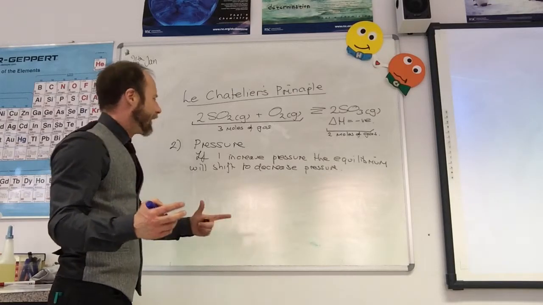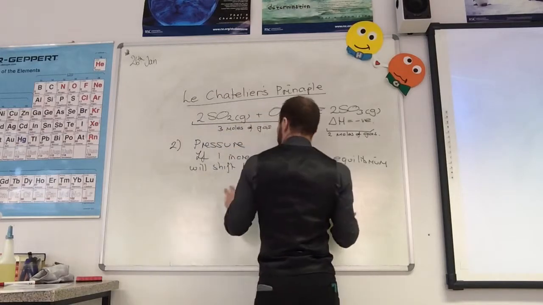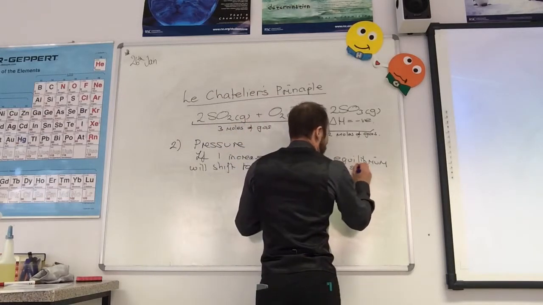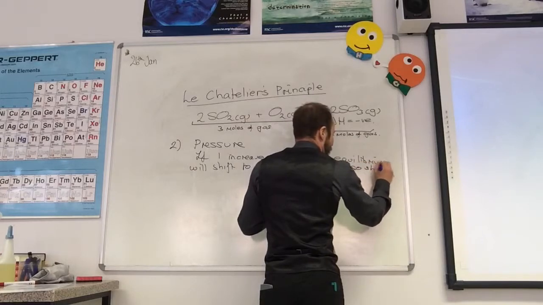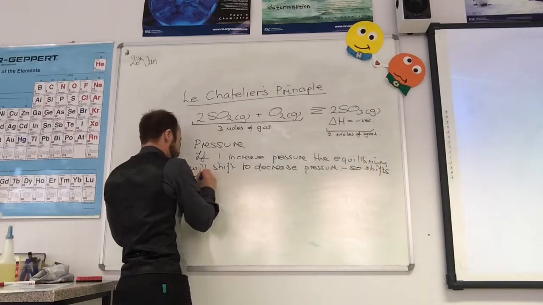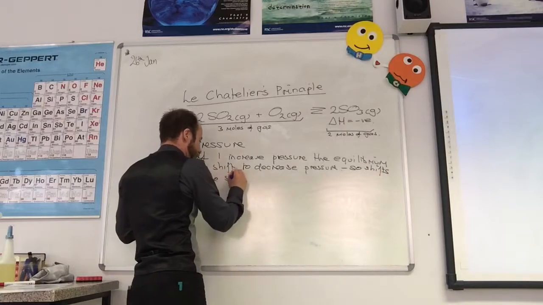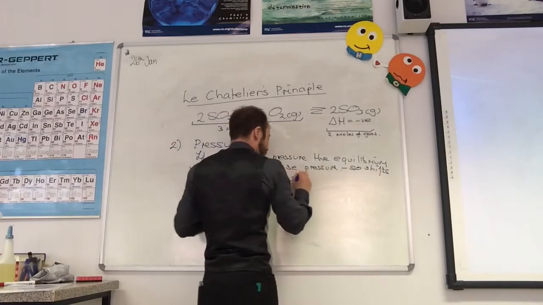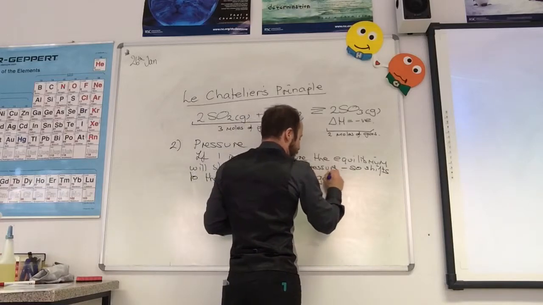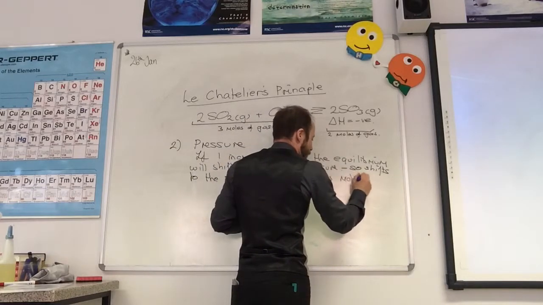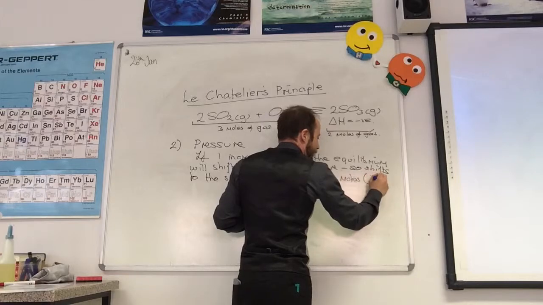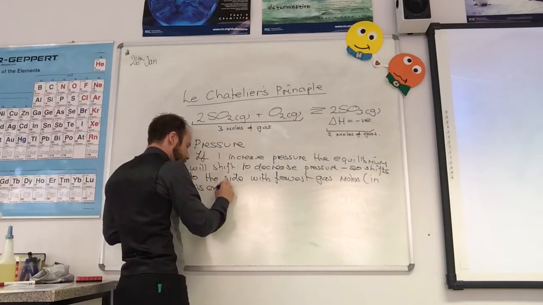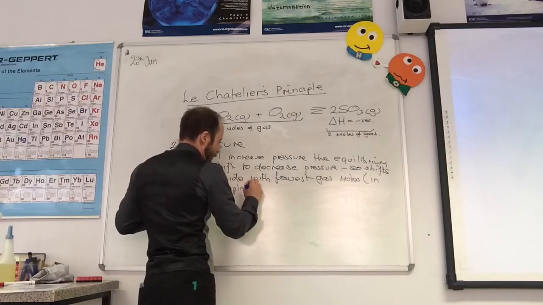To the right. Brilliant, it will shift to the right. So if I increase pressure, the equilibrium will shift to decrease the pressure. So it shifts to the side with fewest gas moles. In this example, it shifts